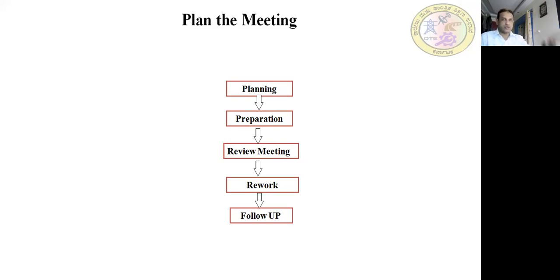Whatever defects you have found, whether they are doing it or not, you need to follow it up. You identify the defects, and if you forget it, then it is incomplete. You need to check whether those defects have been rectified or not. That is what you call follow-up. Whether the developers have rectified them, and whether testing has been done again or not. That is regression testing. That is what we call follow-up.